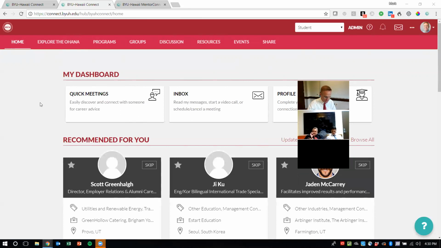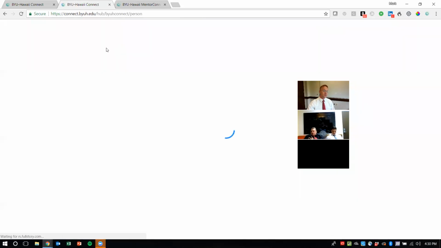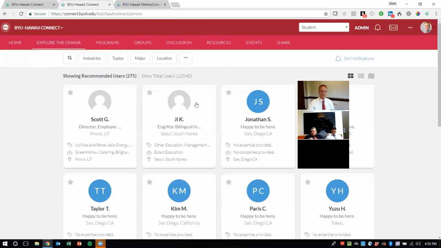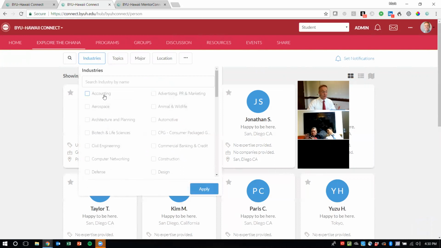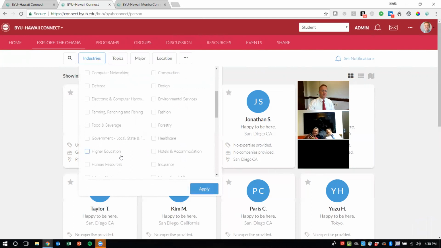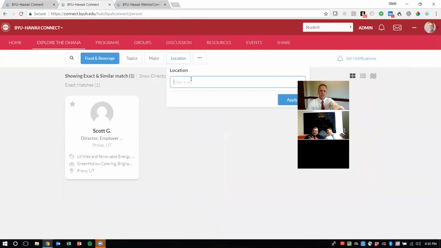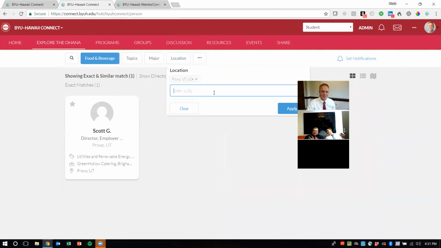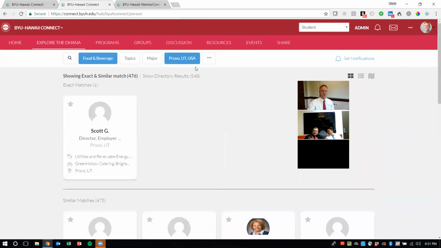Students. Now, earlier I said students need both deep and broad mentoring. It's really answered in these first two tabs. Broad is right here. They're seeing the same thing that you saw as an alum. Students can come in here and filter and say, show me alumni and friends of the university, non-alumni, but who have come in and been approved to provide value to our students, who work in food and beverage, in, let's just apply that for sake of argument, Provo. People who work in food and beverage in Provo.